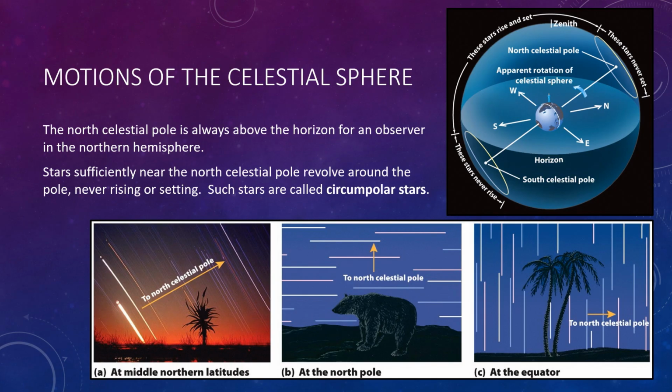Stars near the south celestial pole never rise above the horizon at all. All other stars have daily circles that are partly above the horizon and partly below it, which means that they appear to rise in the east and set in the west. This just shows you on the bottom what the star trails would look like if you're at different regions. We saw for our location in the last image what it would look like at middle latitudes. At the North Pole, it would just look like the stars all go around you, since you're the center of rotation up there. And at the equator, it looks like they move straight up and down.